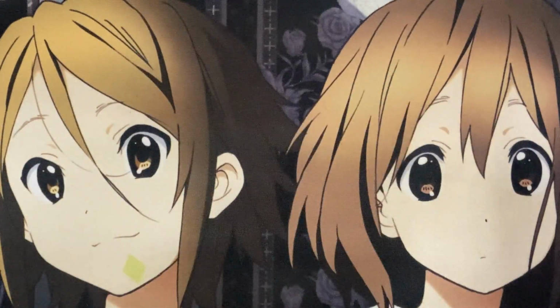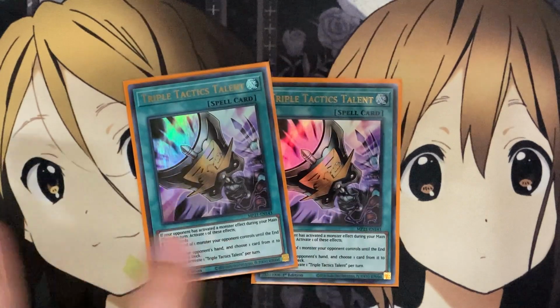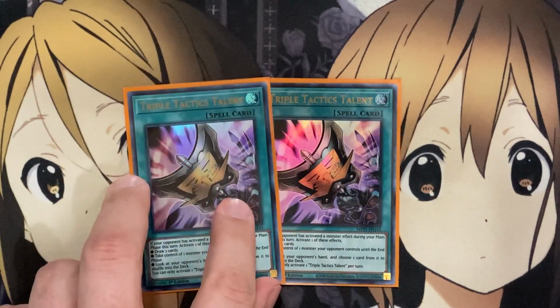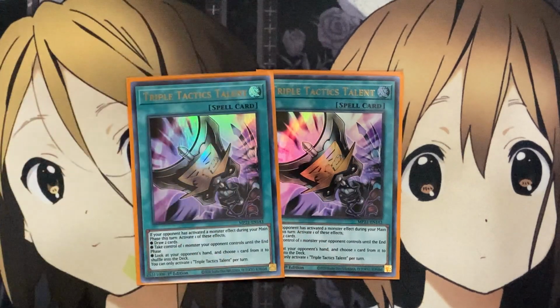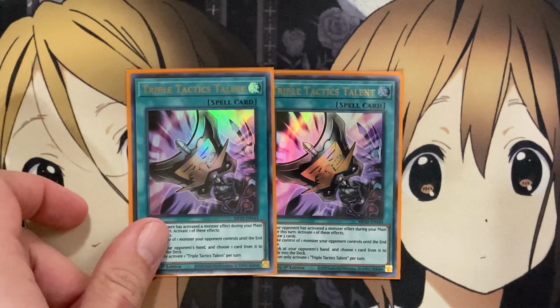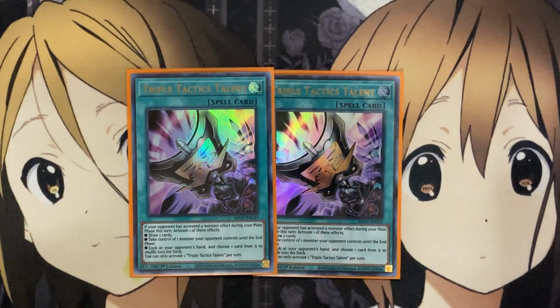For some of the other spells, I also run 2 Triple Tactics Talent. I know it's more of a pricey card in the deck. If you don't have Triple Tactics Talent, you can always replace these 2 cards with 1 Monster Reborn and 1 Upstart Goblin. It's just a card in a deck that your opponent's definitely going to use monster effects to stop. So being able to either gain a draw 2 or take one of your opponent's resources or take away one of their own resources from their hand, it's why I like running it in the main deck,